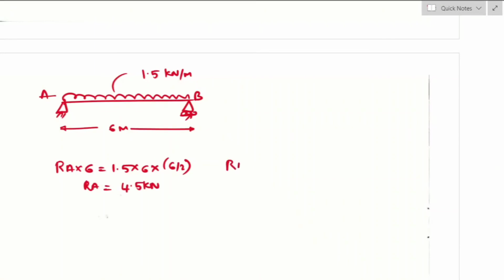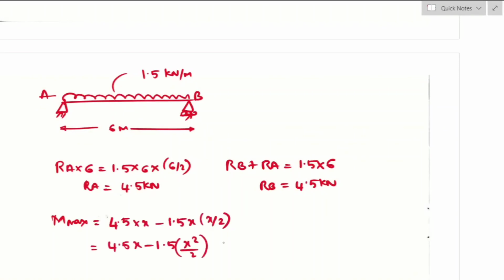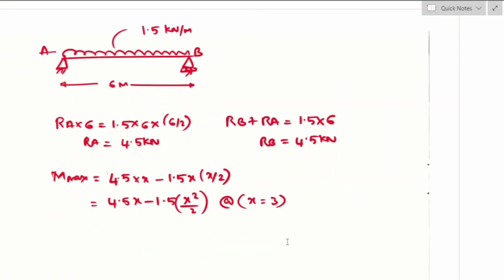RB plus RA is equal to 1.5 into 6. Therefore, RB will be equal to 4.5 kN. Now we have to find the maximum bending moment at midspan of the simply supported beam, that is x is equal to 3 meter. The maximum bending moment will be 6.75